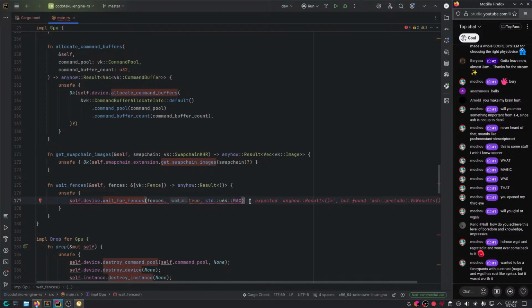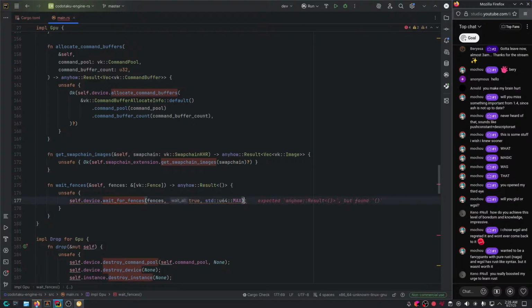Want to be a fancy pants with pure Rust. Naga. WGSL has Rust-like syntax, but it wasn't worth it. I mean, I had that in mind at some point. What kind of challenges did you face? Just so I know. You really boosted my urge to learn Rust. Yeah, it's so good. Welcome to the live stream, Kino.